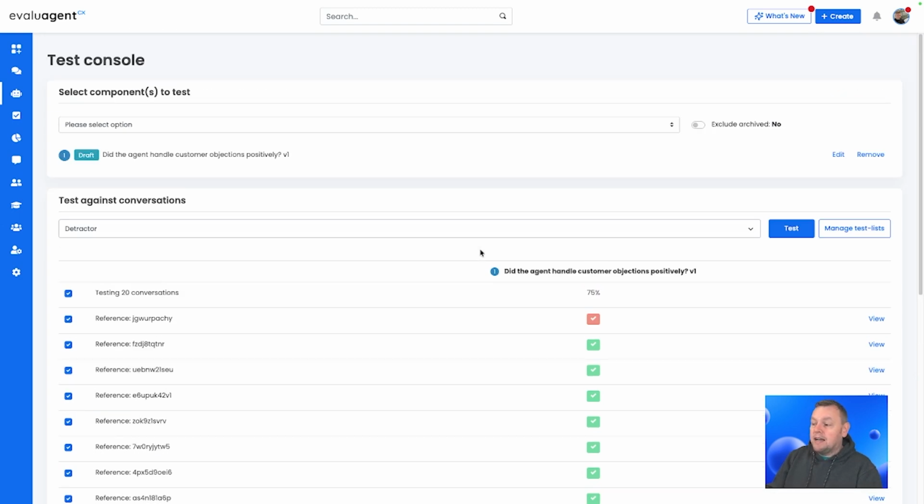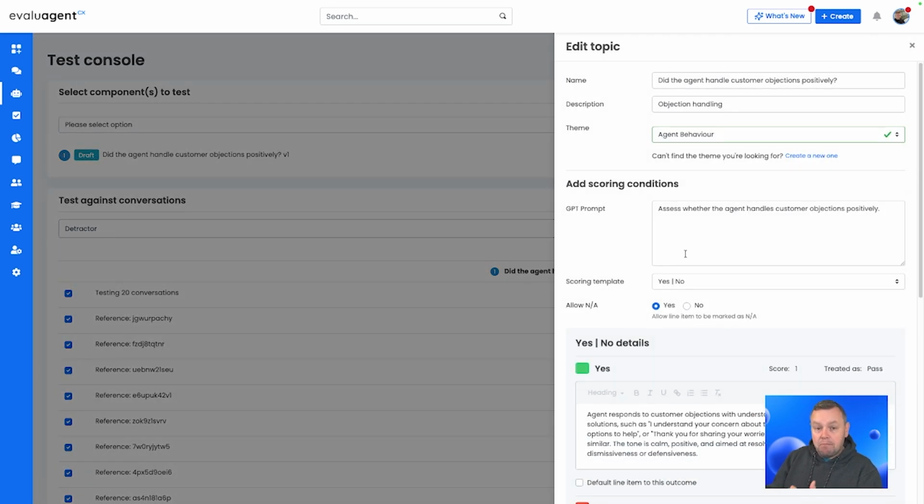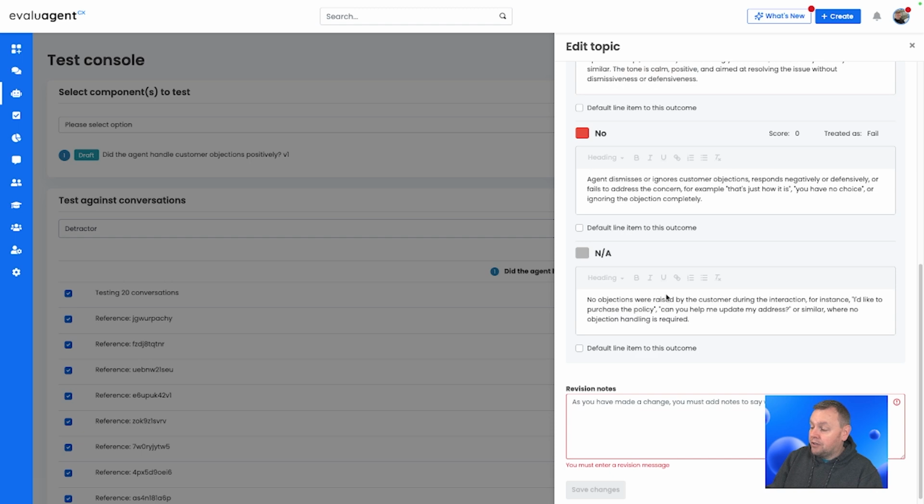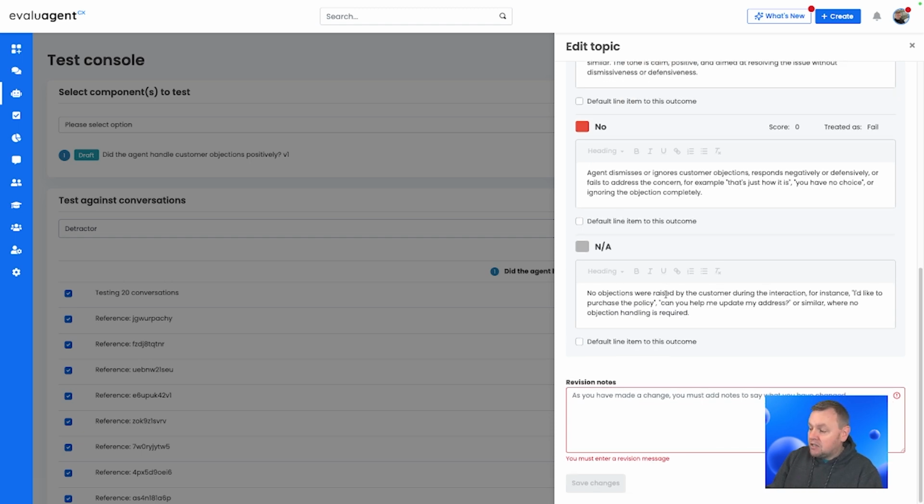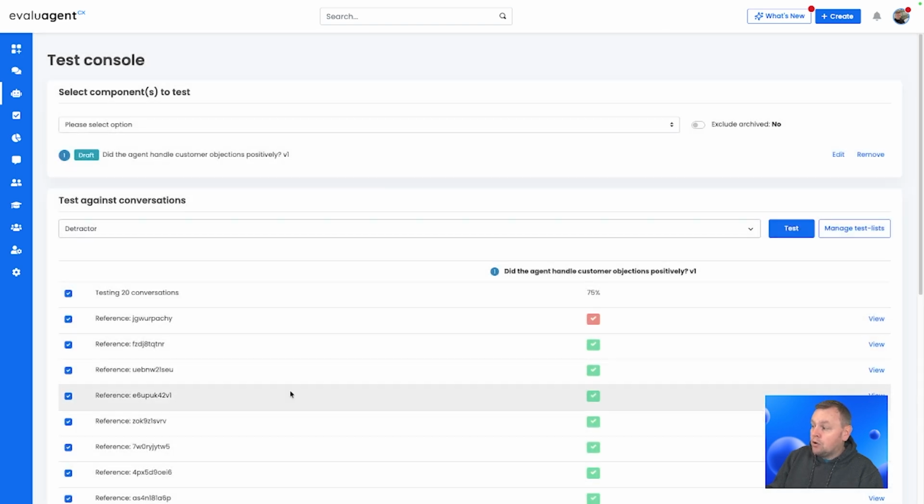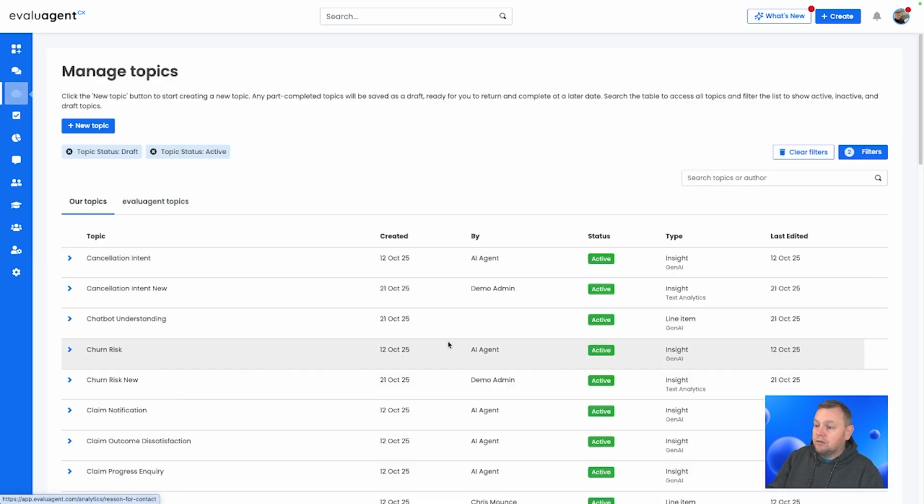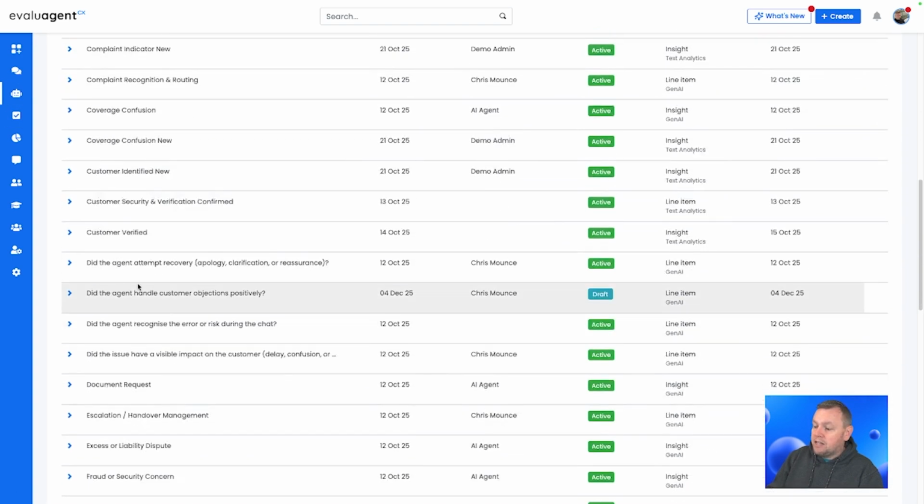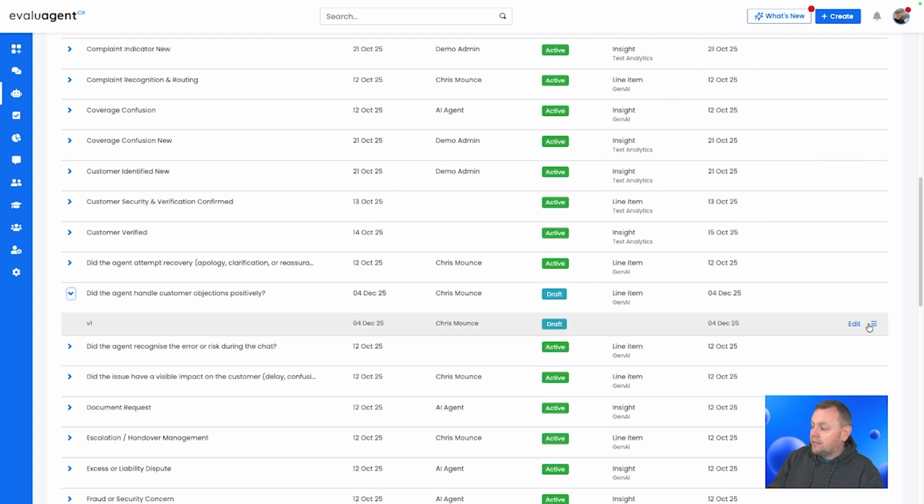So once we have tested our line item and we're happy with it, if we needed to make any changes, we can simply come up to our edit option here and make any changes to any of the options. Now, if we were making changes, we then need to add in some revision notes so that we can keep track of any changes that we make to the line item. We can then save those changes and retest it. Once we're happy, we can come back to our manage topics, find our draft line item, and then go ahead